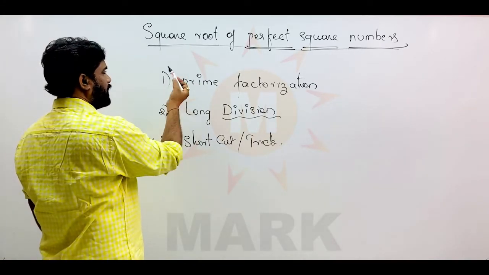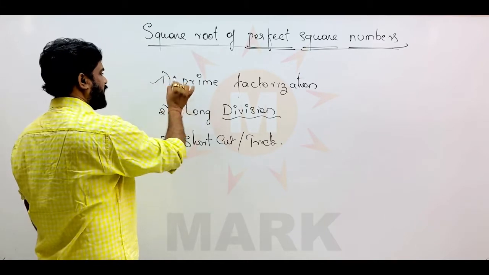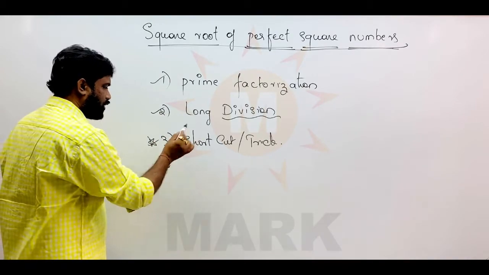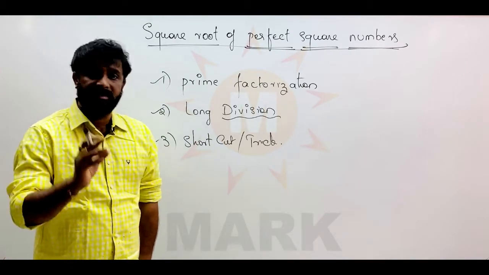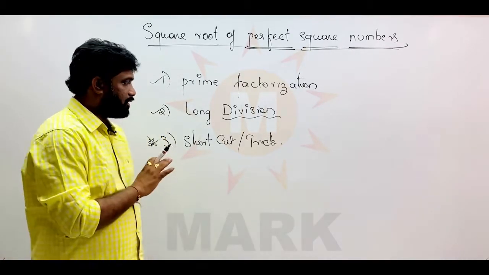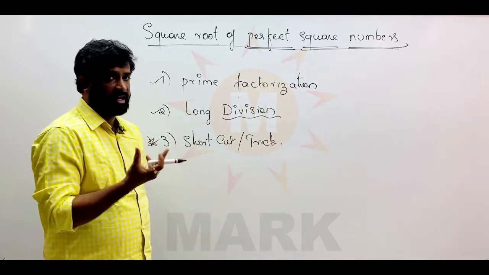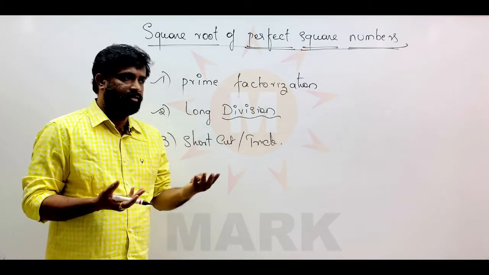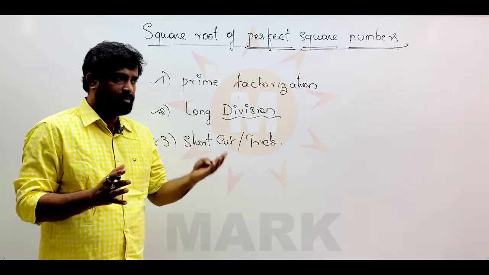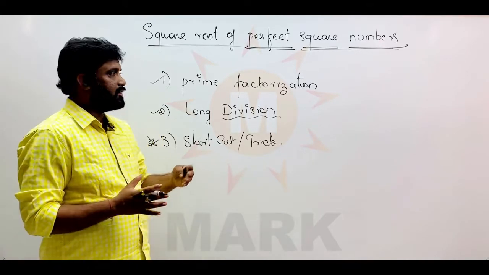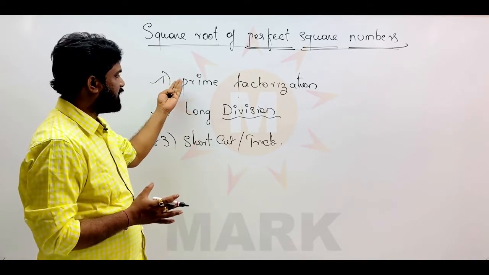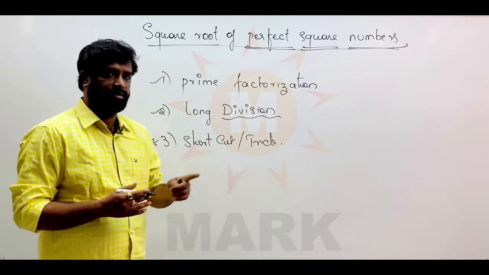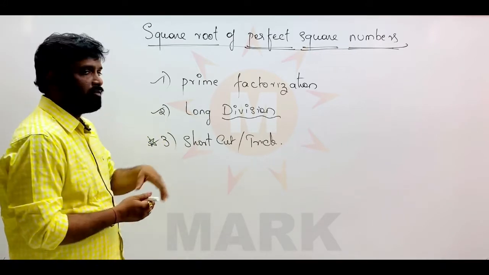First I will be telling you how to find the square root of a perfect square number by the prime factorization method and by the long division method. And afterwards I will tell you what is a shortcut, which is especially useful in competitive exams to save our time, because the purpose of a shortcut is to save time. Accuracy is almost with everyone, but success in competitive exams comes with both speed and accuracy. So for accuracy we will learn the prime factorization method and long division method, but for speed we will learn the shortcut or trick. Okay, so one by one we will be discussing now.